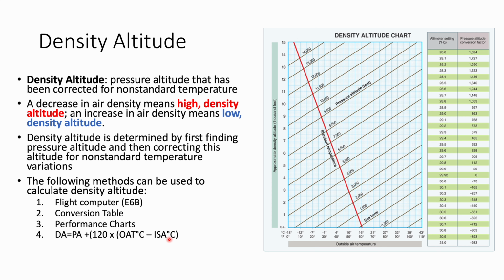Minus standard temperature. So what that means is current temperature minus what it should be for that altitude. So actually, while we're talking about number 4, we can go over a quick scenario. Let's say your pressure altitude is 6,000 feet. So let's do 6,000 plus 120 times,